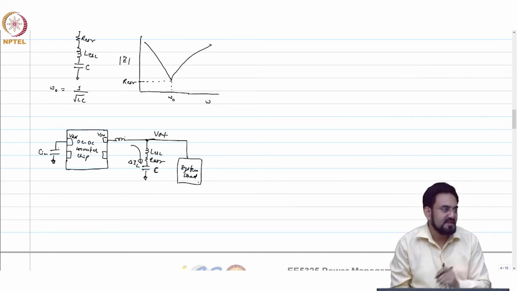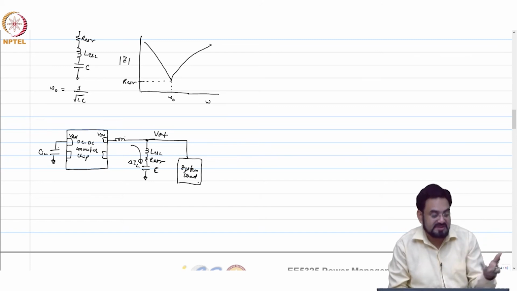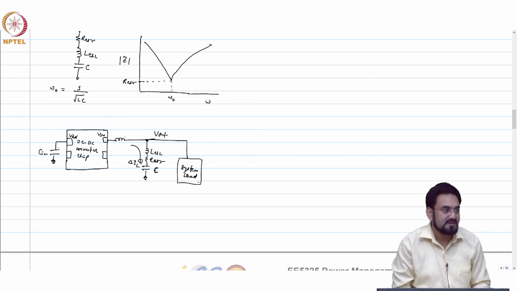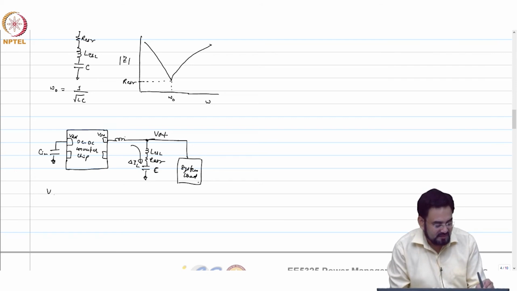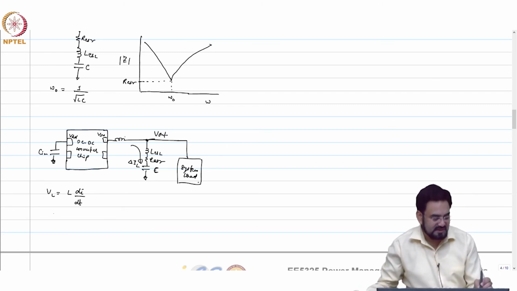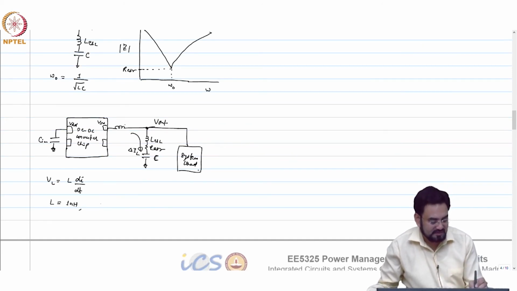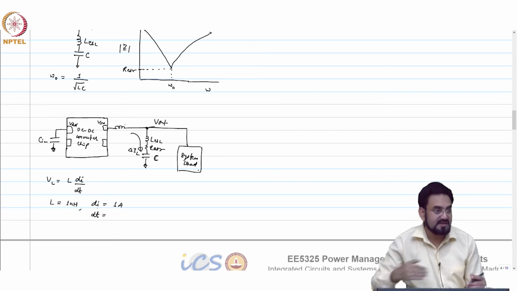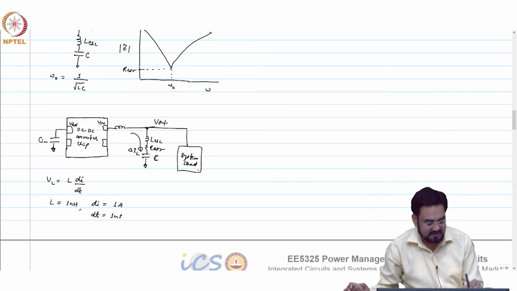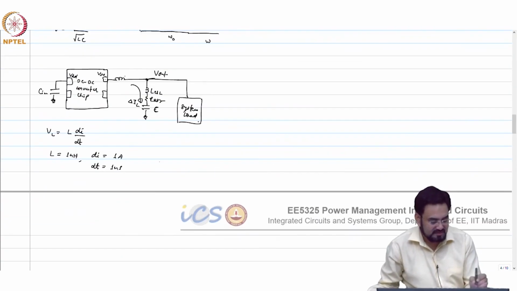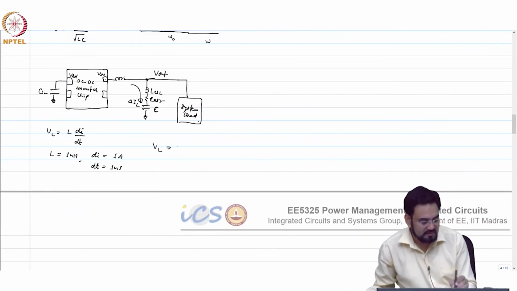If you have a larger inductance, all those switching currents will be supplied by this capacitor. We know VL equals L di by dt. Now let's take an example. L is 1 nanohenry and your di is, let's say, 1 amp, and dt is, since we are rising very fast, let's say 1 nanosecond. So what will be VL? 1 volt,